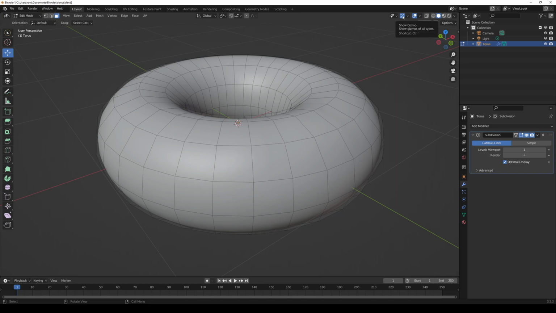Now, a lot of people in my previous tutorials were like, I don't see what's going on. You have to have something selected first, and then when you hit G, you will see that